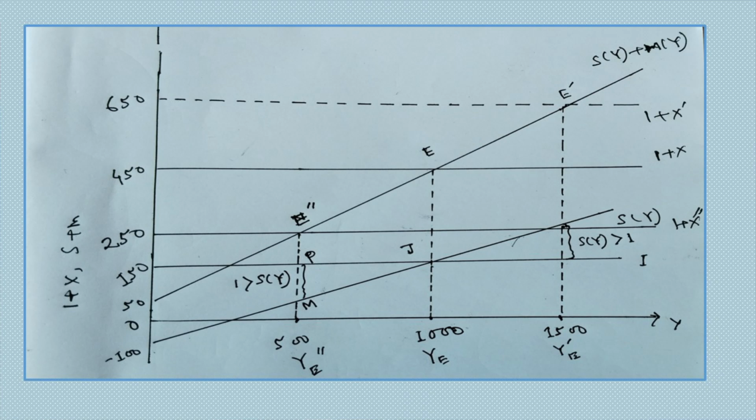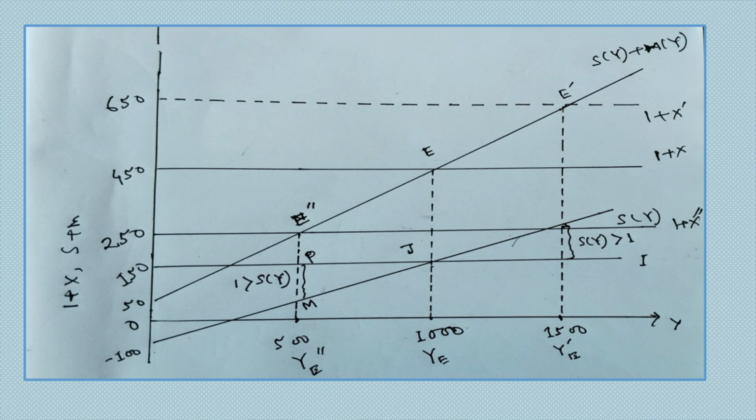But when we talk about injection, we always talk about injection in an autonomous sense. Basically, it's independent of income. It might be investment undertaken by the government, or it may be export coming from outside the country. So we first draw this investment line, which is parallel to the x-axis. It's independent. That's the investment of 150 that we have shown in the diagram on the y-axis, right? So that is independent of our level of income,